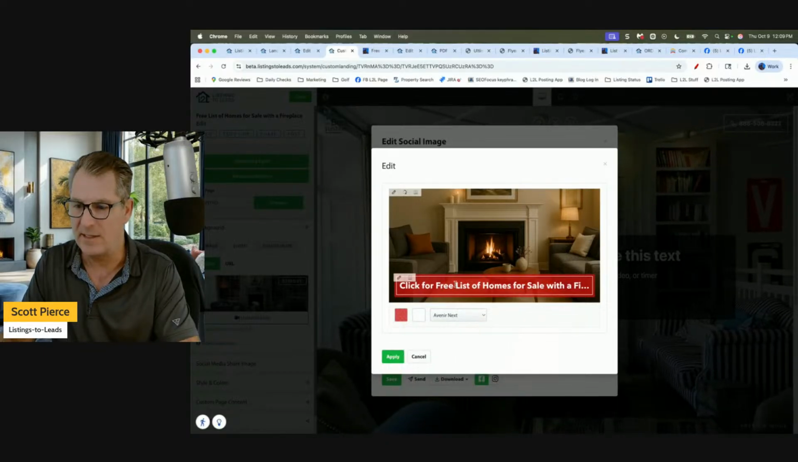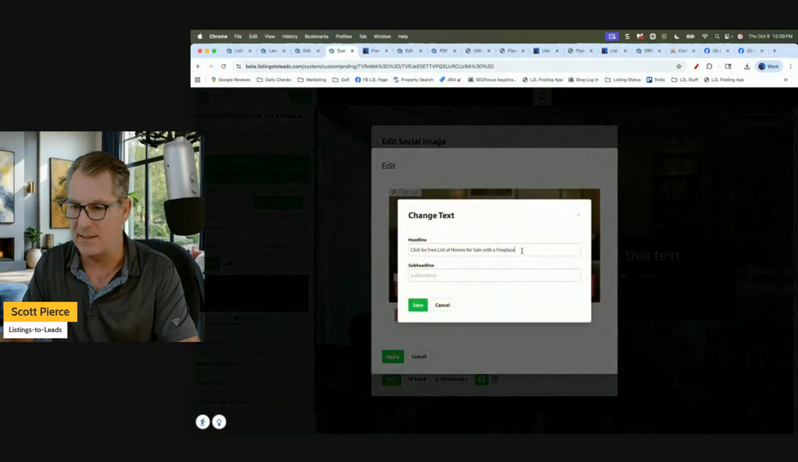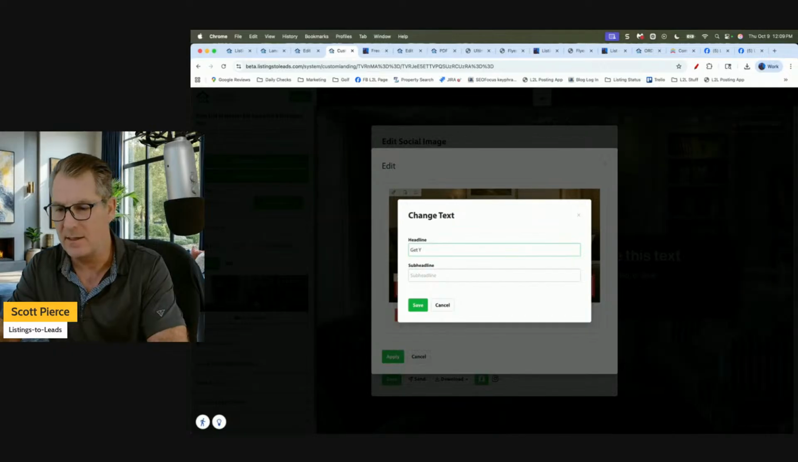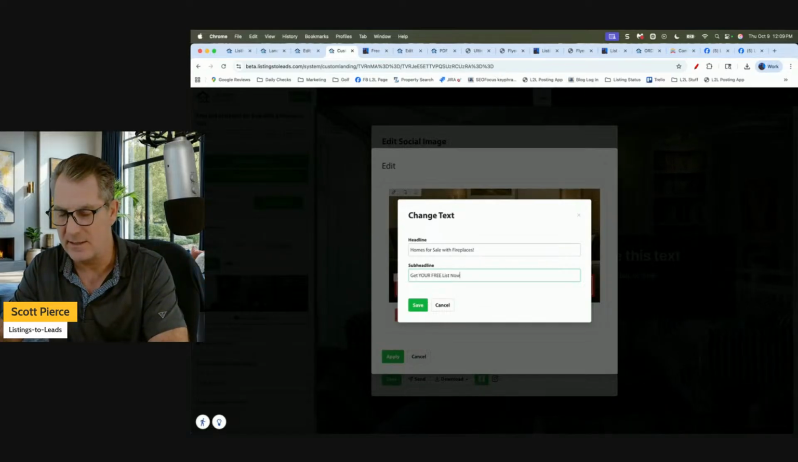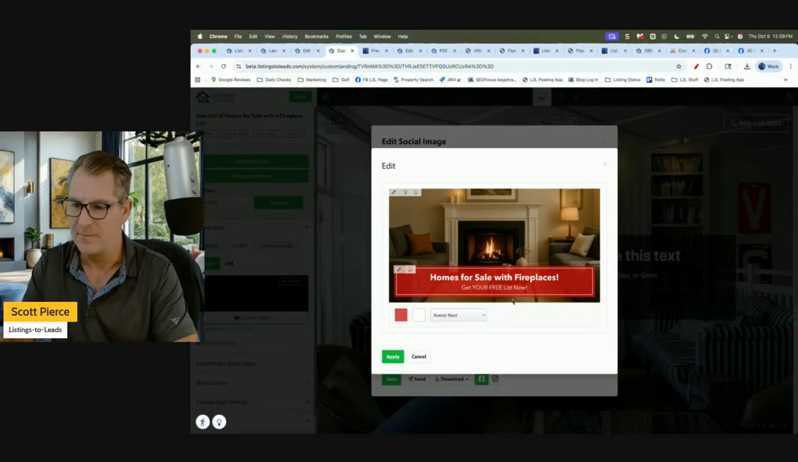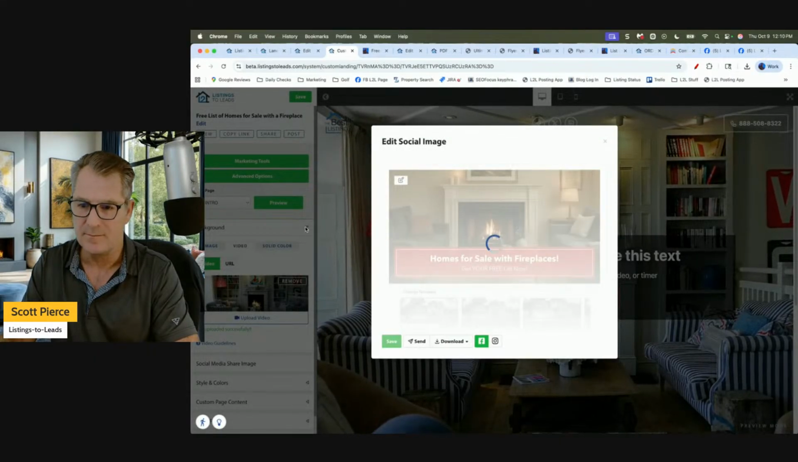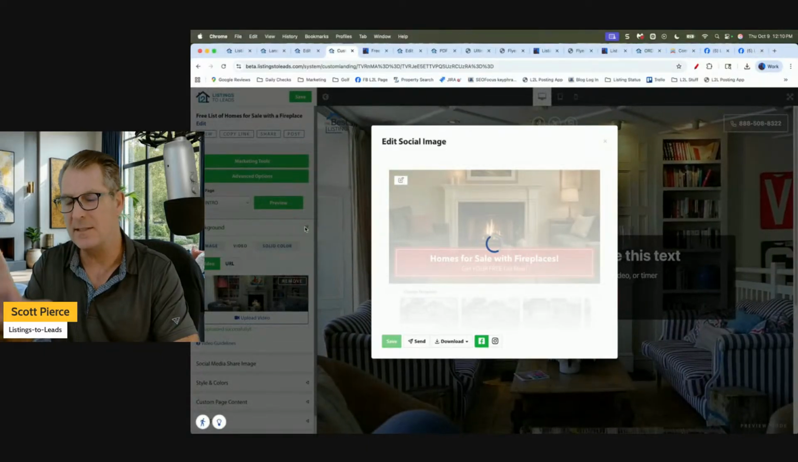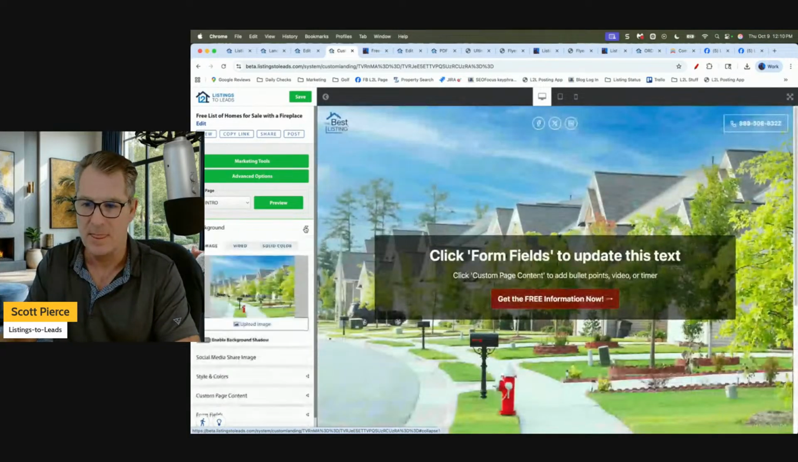Click for free list of homes for sale with a fireplace. That's a lot. So I'm going to click this. I'm going to say homes for sale with fireplaces. Get your free list now. Cool. Because in the image that's going to go up to Facebook, now you can put a video on Facebook, but